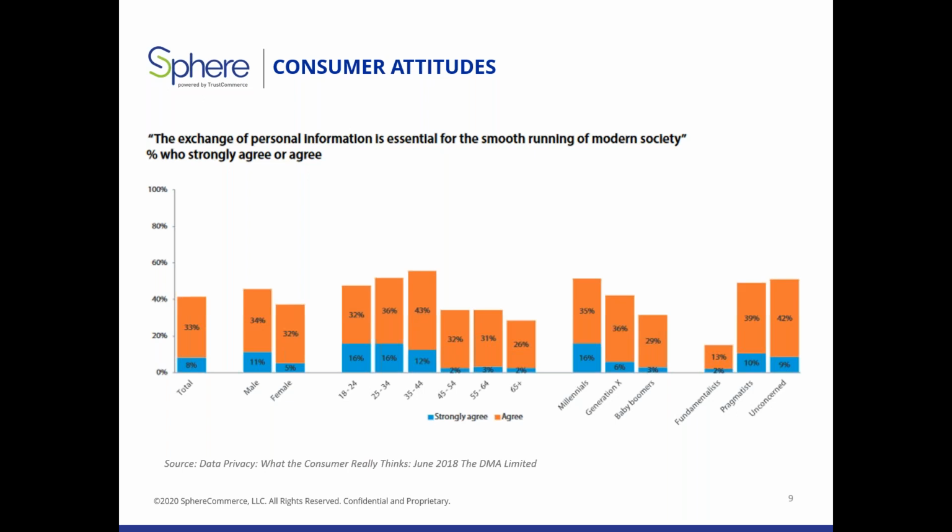You can look also at the generational perspective: the millennials, Gen X, and baby boomers. You can see millennials and Gen X are both very in favor, or at least strongly agree with the view that personal information is essential for the modern running of society. And we see that again as so many of our traditional face-to-face interactions transition to the online world. We've been seeing that in retail for 20 years now. We're seeing that in online fundraising and donations now as well. We know these things are going to take place online. So what can we do to make them more transparent and more trustworthy for our donors?